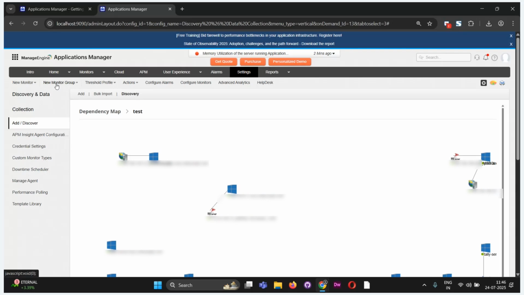So to create a monitor group, go to new monitor group. So here we have three types of monitor groups. One is the monitor group, the web application group, and we have design business service. Here we can go to monitor group,